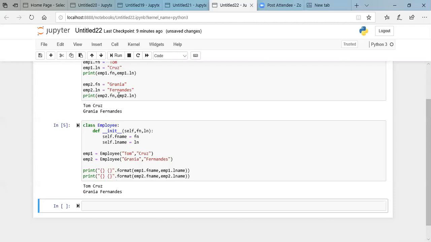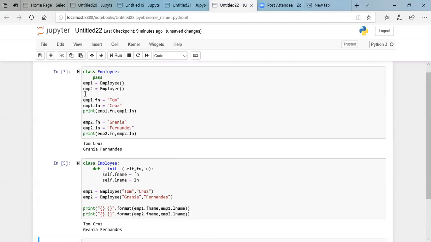In the previous one, if you observed, initially we were creating the object of the class for as many objects as you want. We created two objects, emp1 is equal to Employee, emp2 is equal to Employee, and then we were setting the values for first name and last name manually, and then printing. Here the same thing is done. If you have, let's say, 1,000 employees, then using the first approach the work would increase, and if you use the second one, then you're basically reusing the code.